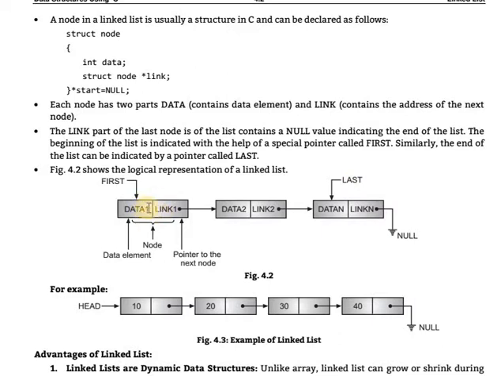After that, it is one node, with two fields: data elements and a pointer to the next node. It is the second node, where the link holds the address of the next data, stored in the previous node. It is the data n; the number of data items will be added one by one. It is the last data, so n is given as an example. It is the head, the starting is the first, so it is the head. 10, 20, 30, 40, and then null, which indicates the end of the list.